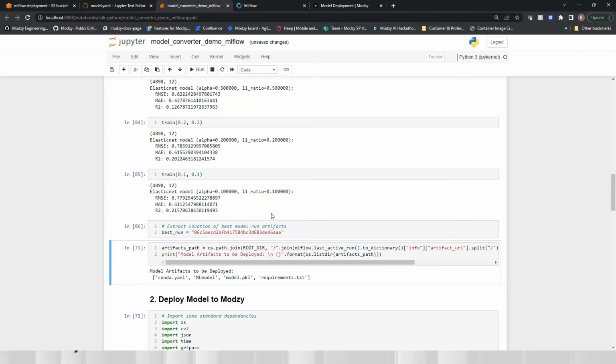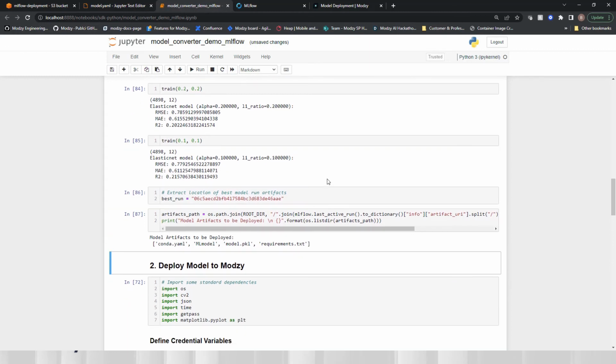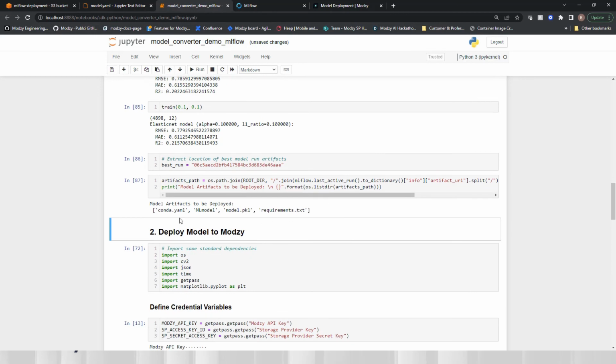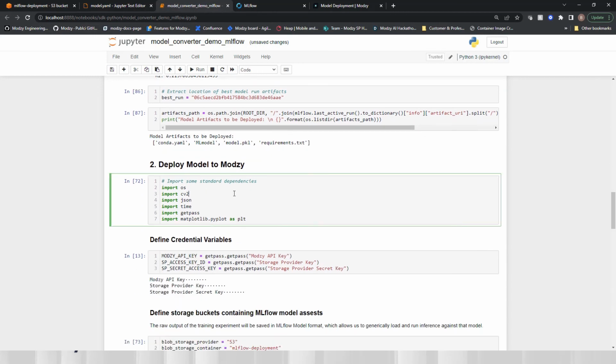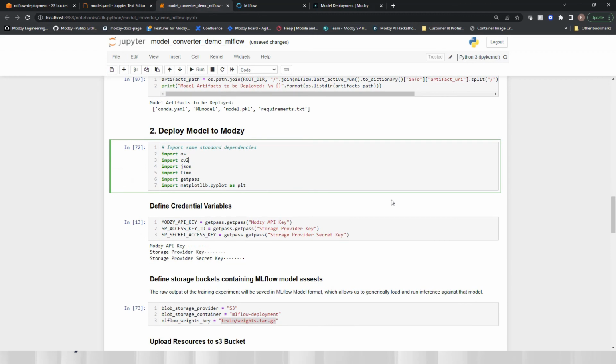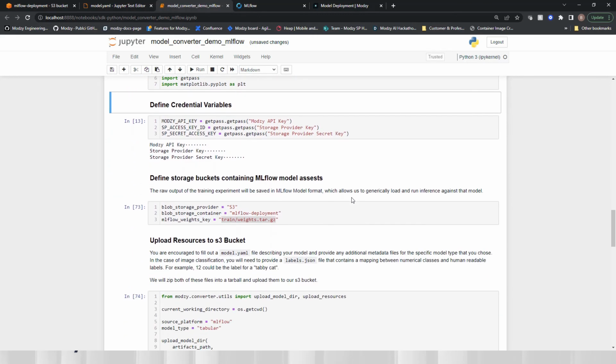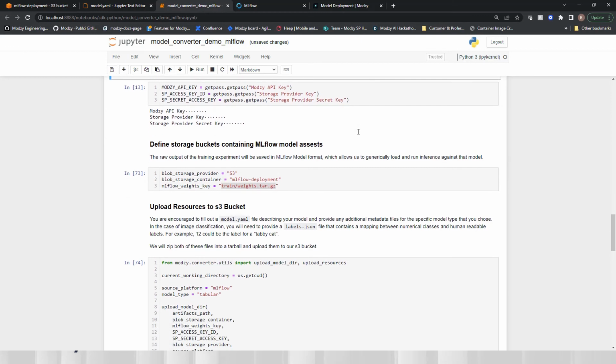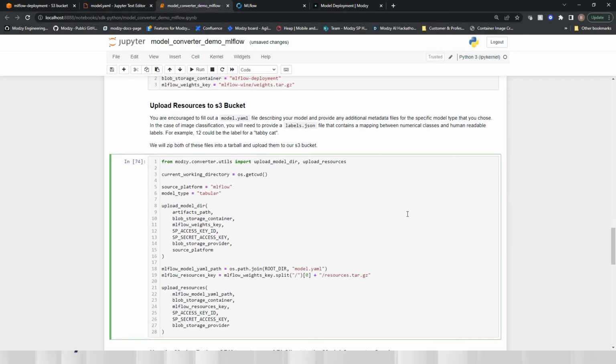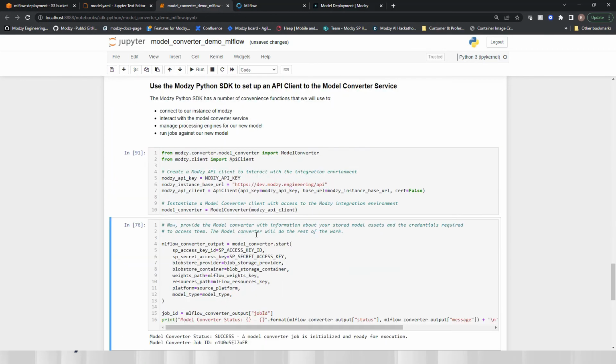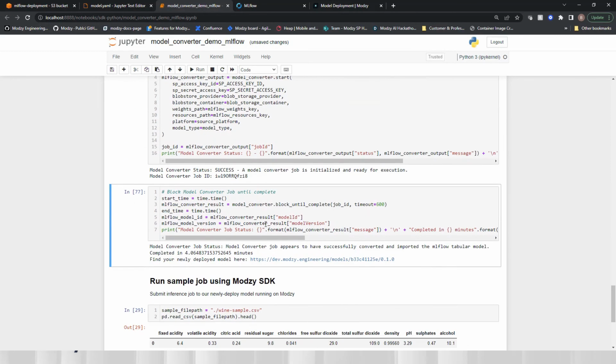So we'll kick off this run. We'll ensure that the artifacts are indeed where we want them to be. Again, this should be a familiar format. And we will, again, start importing some packages. I've already defined some cloud credentials we need to access the buckets with the resources. And then we will do one last thing before kicking things off, and that is defining a weights key. So I'm going to kick this off because it does take a little bit, 3 minutes or so, and explain